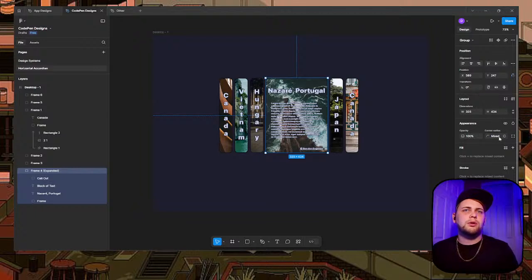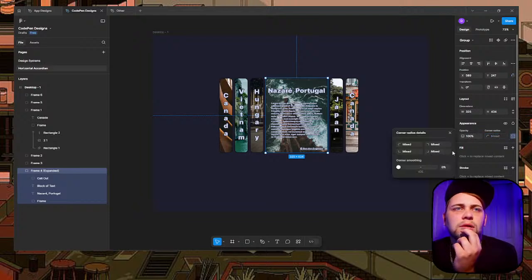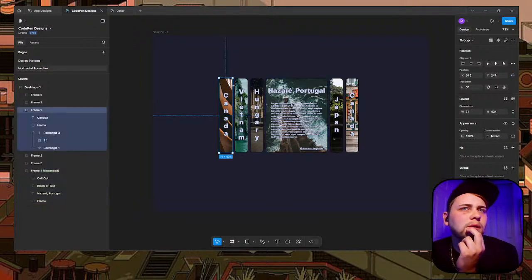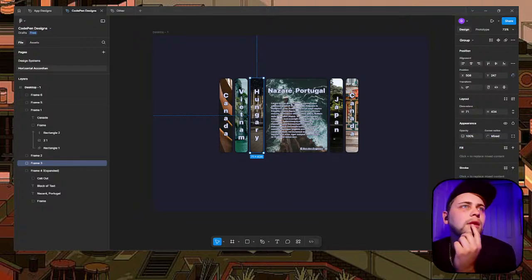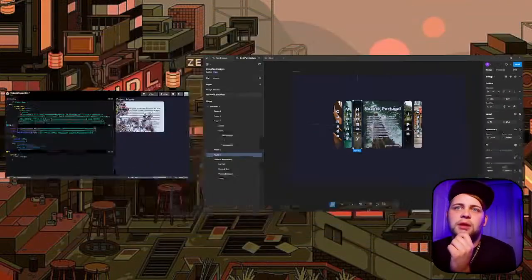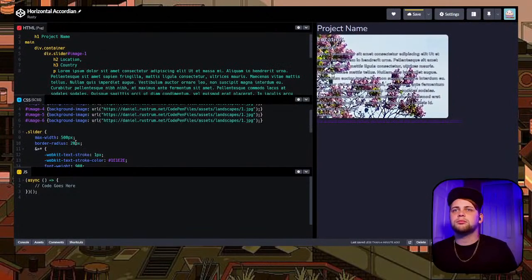Where is the border radius? The corner radius. What is it? Where is my corner at? It's not 10 pixels, it's bigger than that. There you go. Alright,